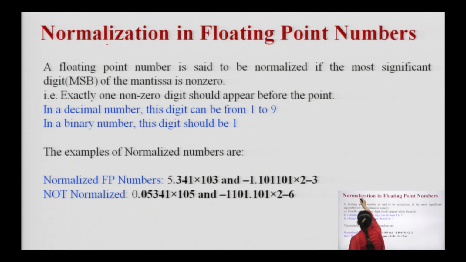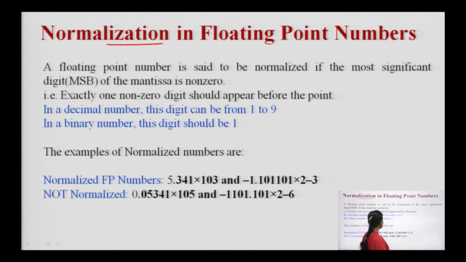Then what is normalization and how do we do normalization in floating point numbers? We require our floating point number to be the same on one system, and if I move to another processor, that value should be the same on the second processor. For that we require the numbers to be presented in one common standard, and that is known as normalization.